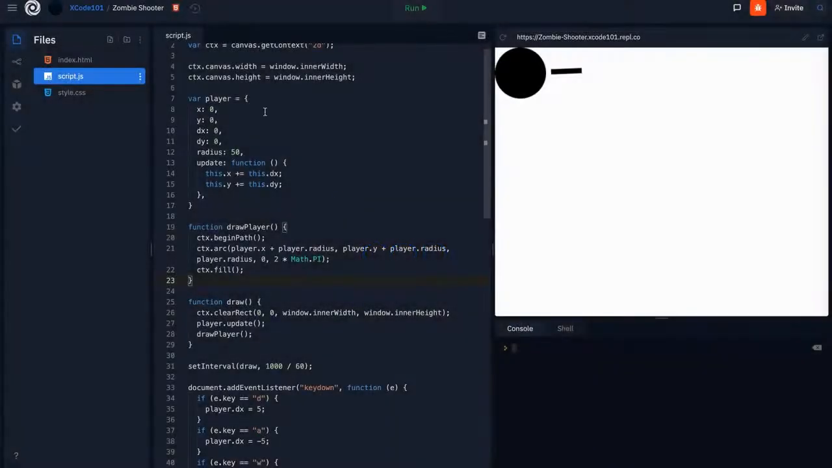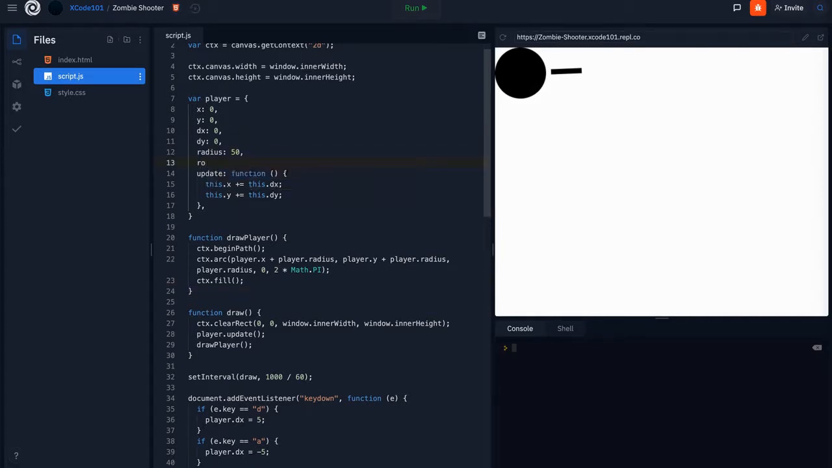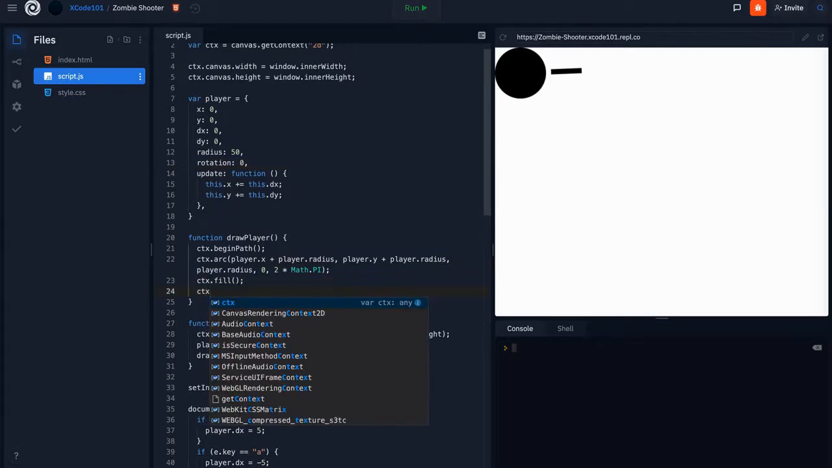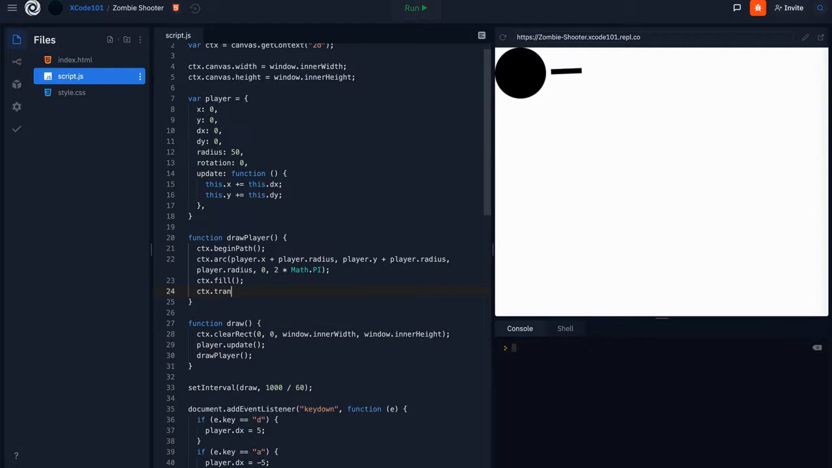This is part 2 of our zombie shooter tutorial. So first, in our player object, we can create a new attribute called rotation, and we can set this to 0 for now. Now, in our drawPlayer function, we can type in ctx.translate,